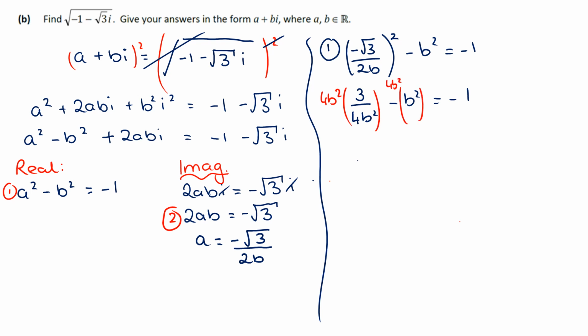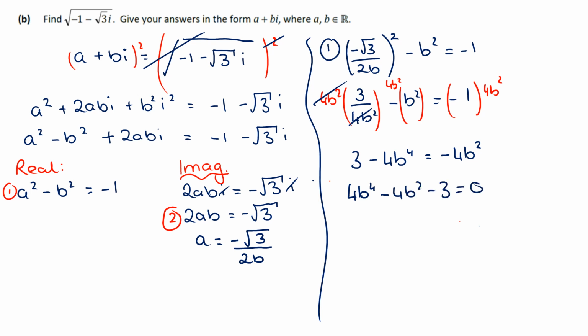And that gives us 3 minus 4b to the power of 4 equals minus 4b squared. So I'm going to rearrange this. So 4b to the power of 4 minus 4b squared minus 3 equals 0,